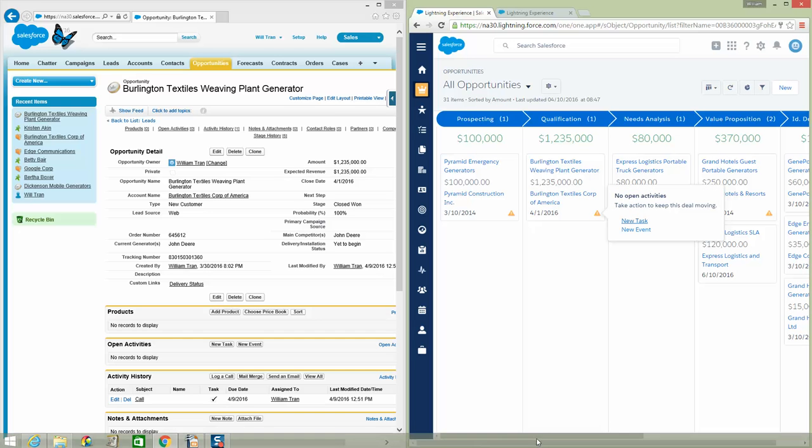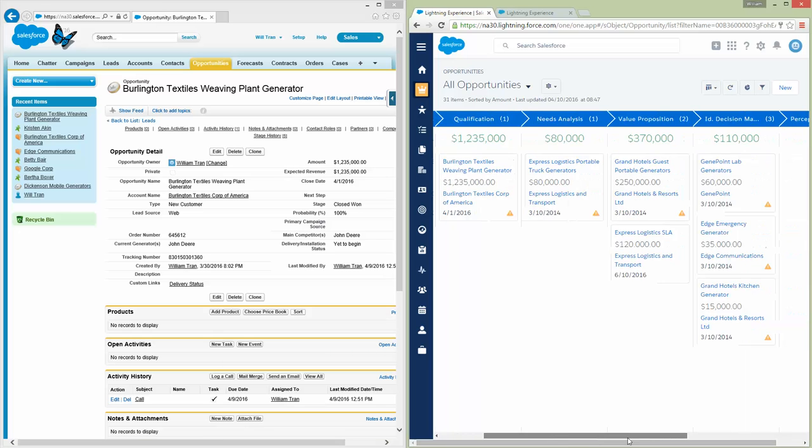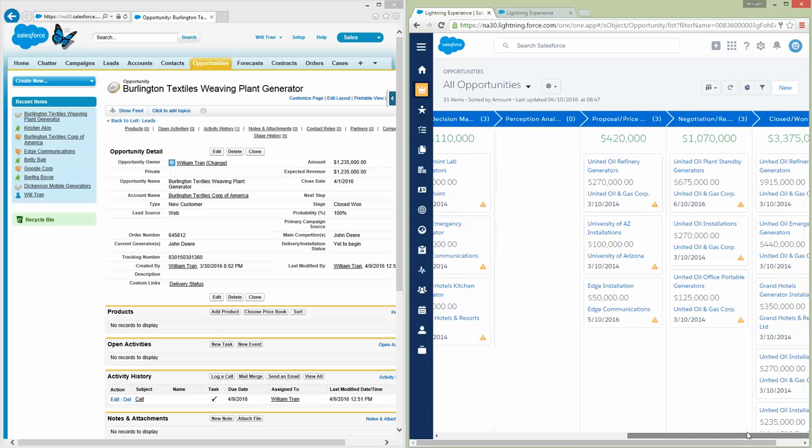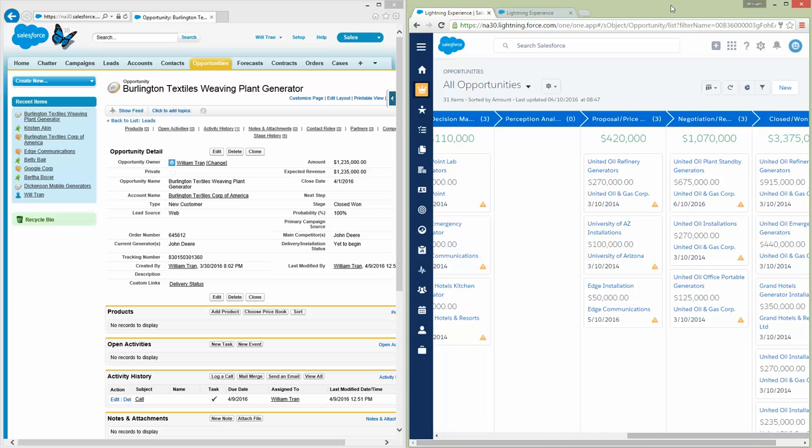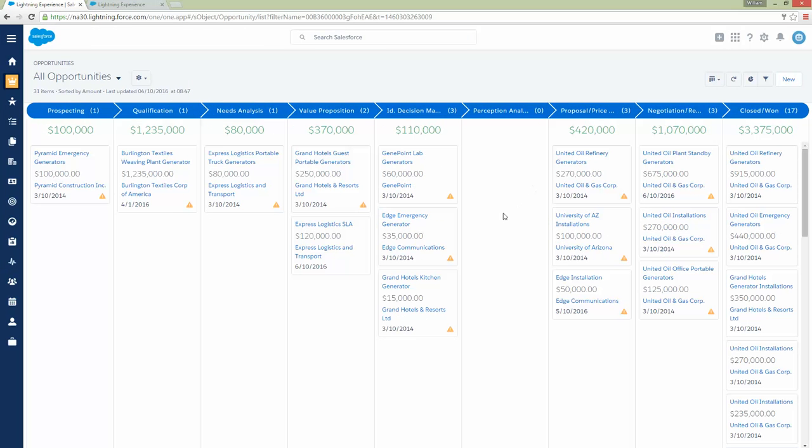So what it does is it tells you all your opportunities and where they exist in terms of the full life cycle, from prospecting to closed won. And the neat feature of these opportunities is that you can drag and drop if you believe that this opportunity should have been in the perception analysis. You can just drag that and move it there, and then now you can have a full picture view of where you're at with all these opportunities